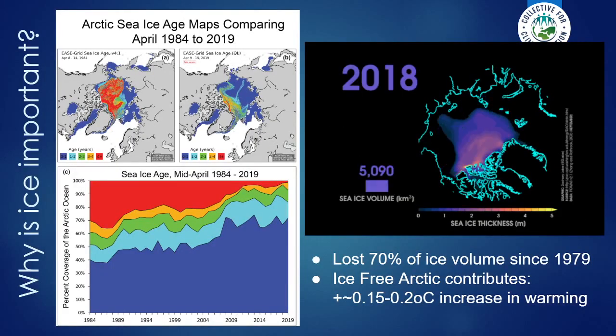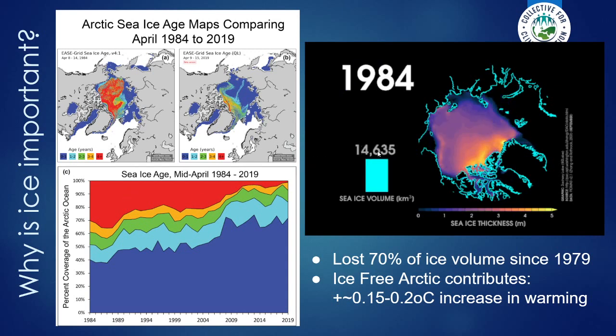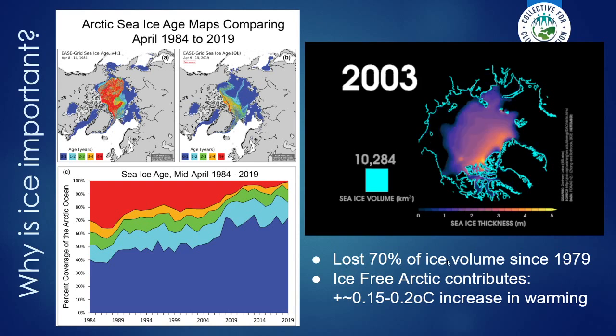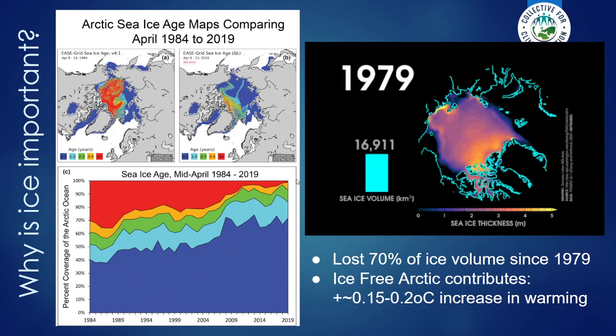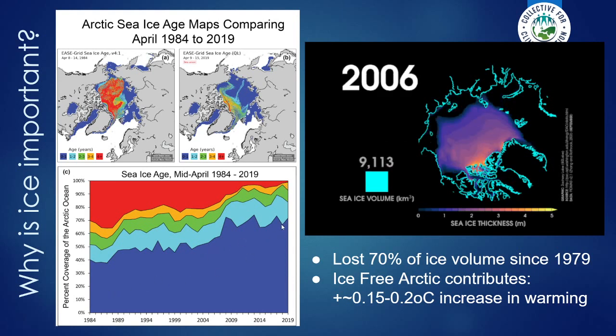So, looking at the Arctic sea ice, there's some clear differences that are happening now. You can see that the volume itself has gone down by about 70% since 1979, and this is all ice here, disappearing at varying thicknesses. And you can see that since the mid-80s, we've basically lost all of our multi-year ice, all of our 4-year ice, and most of it is just single-year ice.